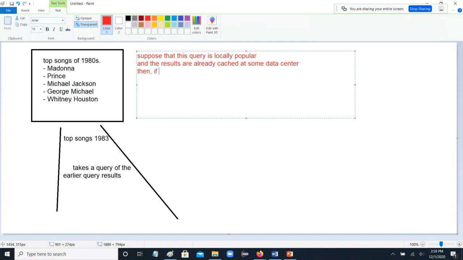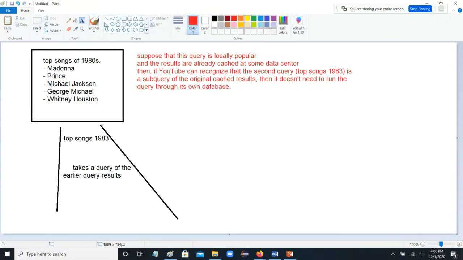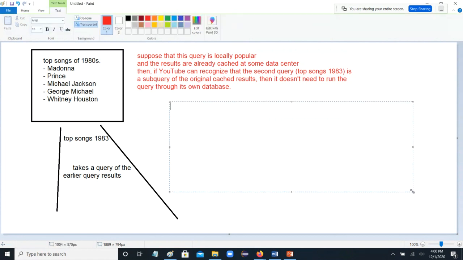Then, if YouTube can recognize that the second query, top songs 1983, is a subset, a subquery of the original cached results, then it doesn't need to run the query through its own databases. Okay? And this is very, very useful because quite often,